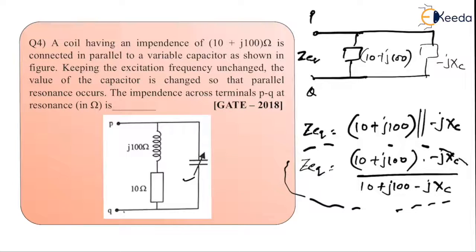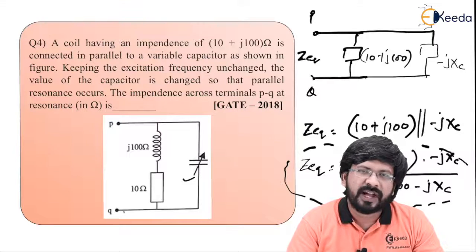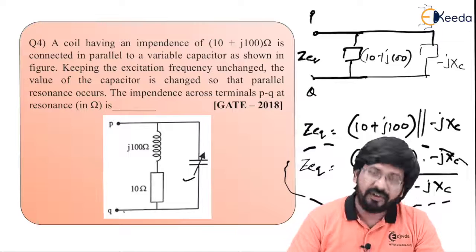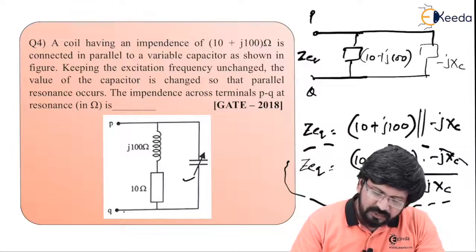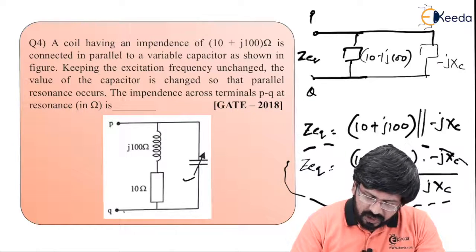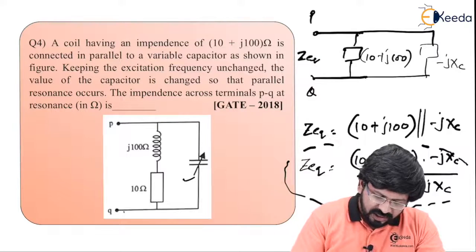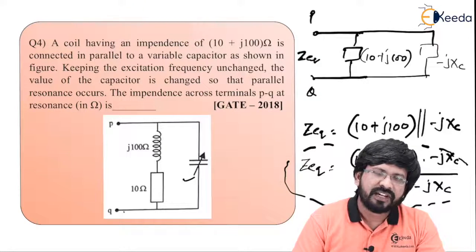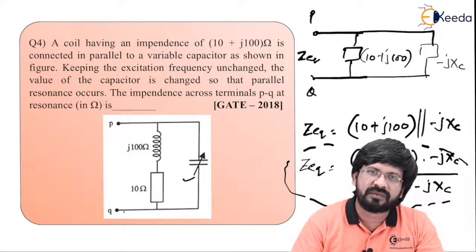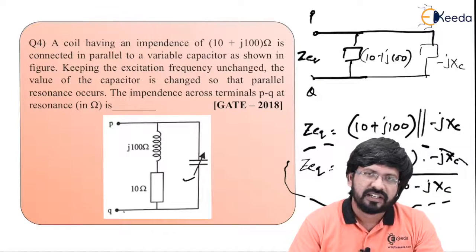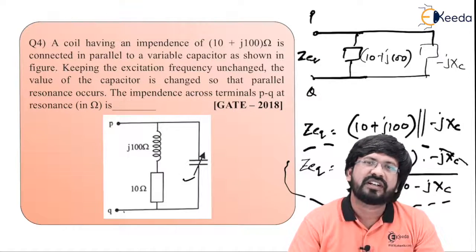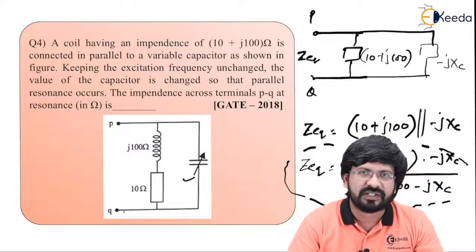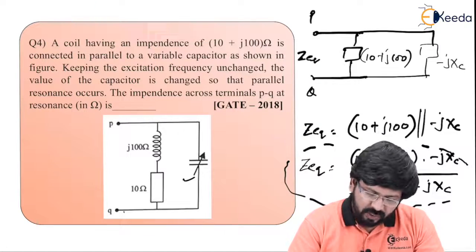Now after solving this, you have to separate real part and imaginary part. After that, you make imaginary part equal to 0 and then you say the value of Z equivalent is the real part of Z equivalent. But in this case, it is going to become a little difficult. The reason why I have solved like this is because you should realize that every time you get a parallel circuit, we have a tendency to go for this formula, which is Z1 Z2 upon Z1 plus Z2. But I'll tell you the reality. When it comes to parallel circuit, you should always go for admittance calculation rather than impedance calculation, and then it becomes very easy. How come? I'll show you.